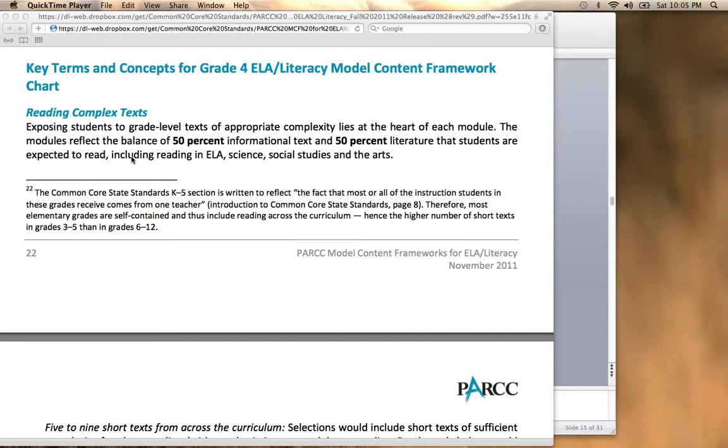And that is one reason why teaching, where a teacher would teach math and the other teacher grades, would have just one teacher. And therefore most elementary grades, because of the self-contained, they would have a higher number of texts to read. Now,